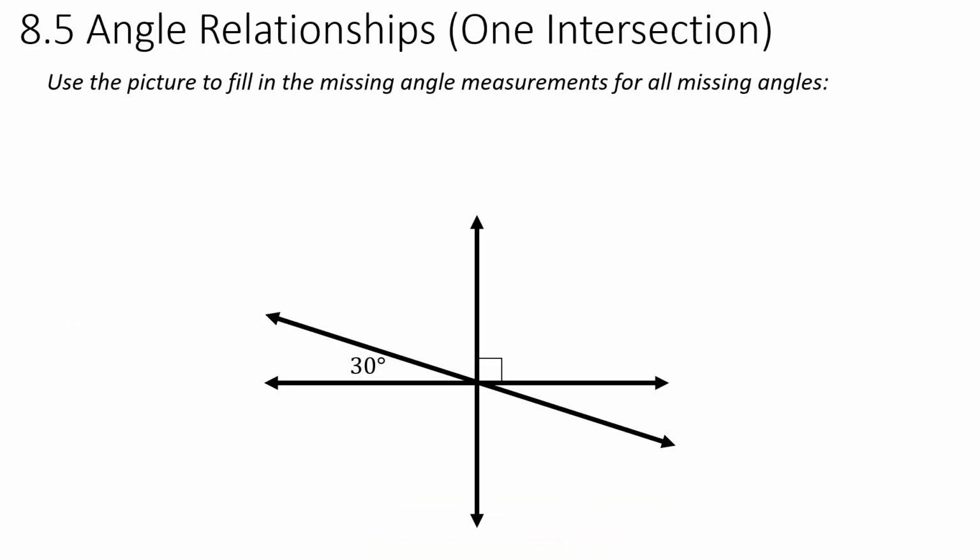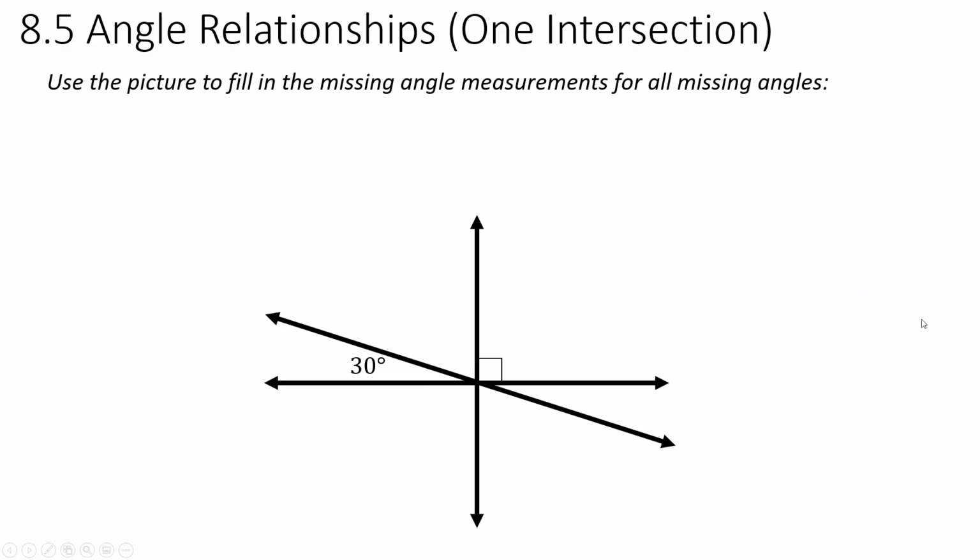All right, angle relationships. When you have one intersection. So in this picture, they want you to find all of the missing angle measures. All right, so they gave us 30 and 90. And what you can do is use the information they give you here to figure out the rest of the